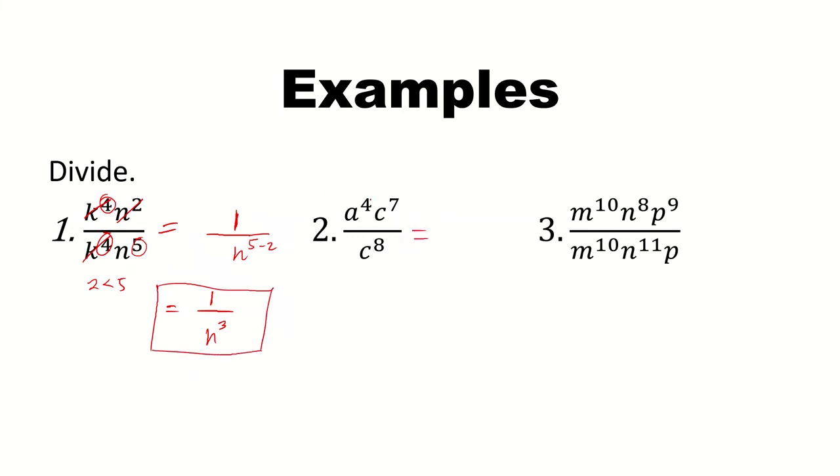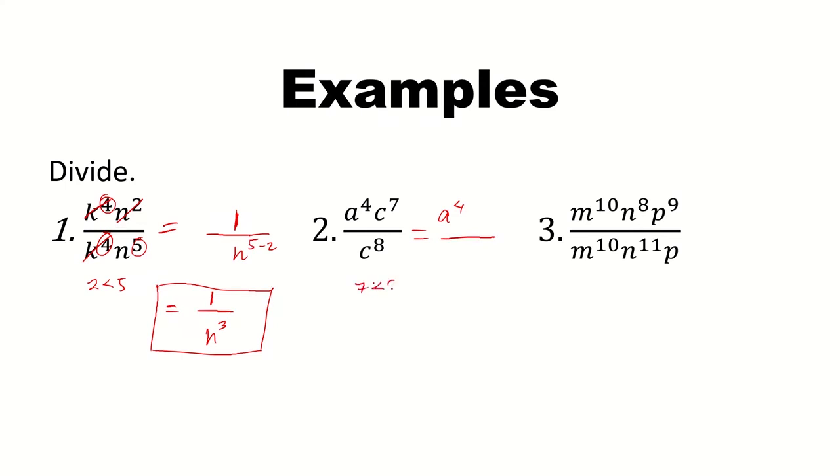Okay, now a to the power 4, c to the power 7 divided by c to the power of 8. So what did you notice? We don't have a in the denominator, right? So that means you will not do anything with the a because it doesn't have same base here in the denominator. So leave it as it is. While for c, okay,